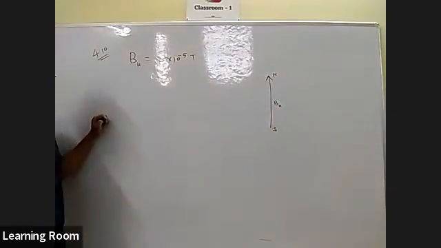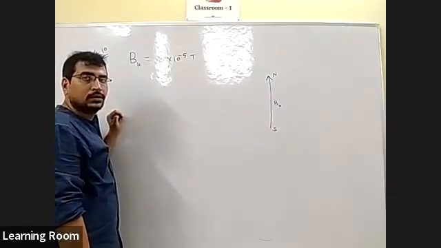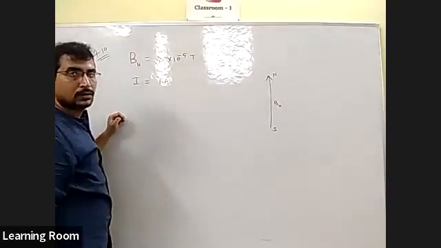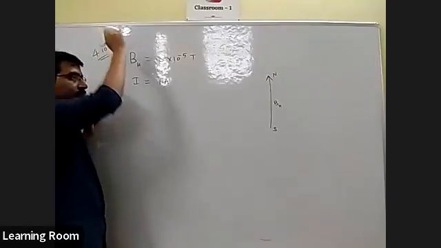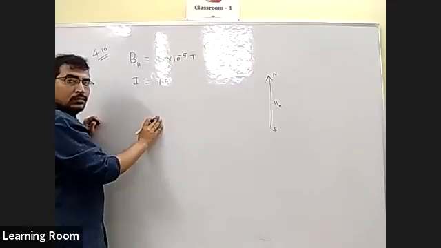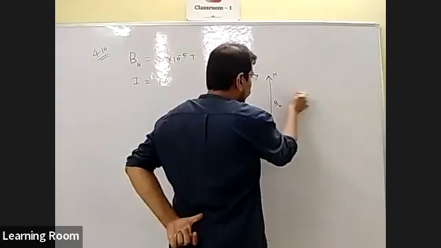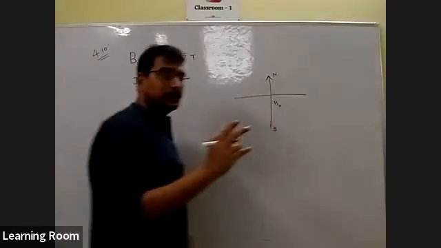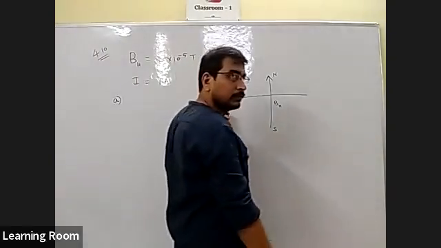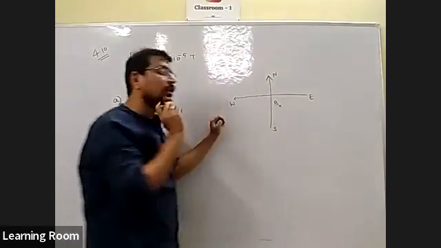A very long straight current carrying conductor is carrying a steady current of 1 ampere. So current is 1 ampere. What is the force per unit length when it is placed on a horizontal table and the direction of the current is (a) east to west, (b) east to south? So there are two scenarios. In the first case, when the current is flowing from east to west, they ask you what is the value of